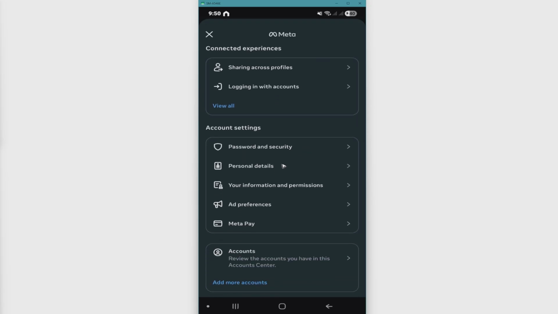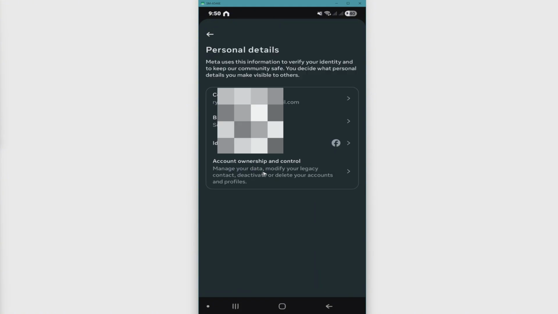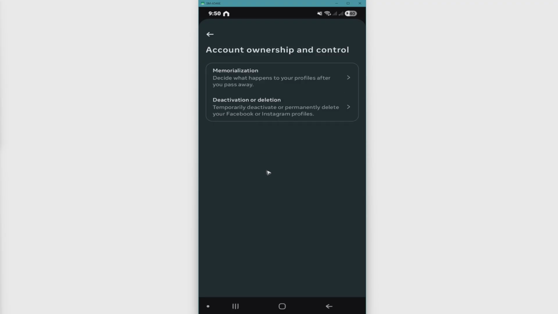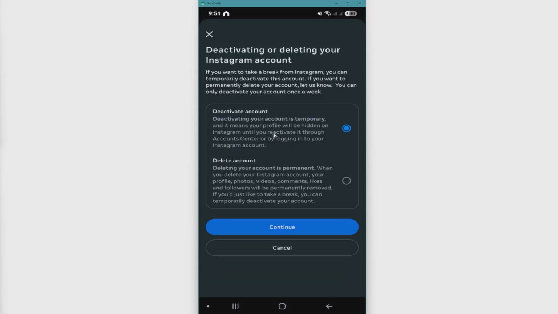Now go ahead and tap on Personal Details. In here, as you can see, we have account ownership and control. So just tap on it and tap on the activation or deletion, like so. Now go ahead and select the Instagram account. Tap on it. And in here, it's going to ask you whether you want to deactivate your account or delete